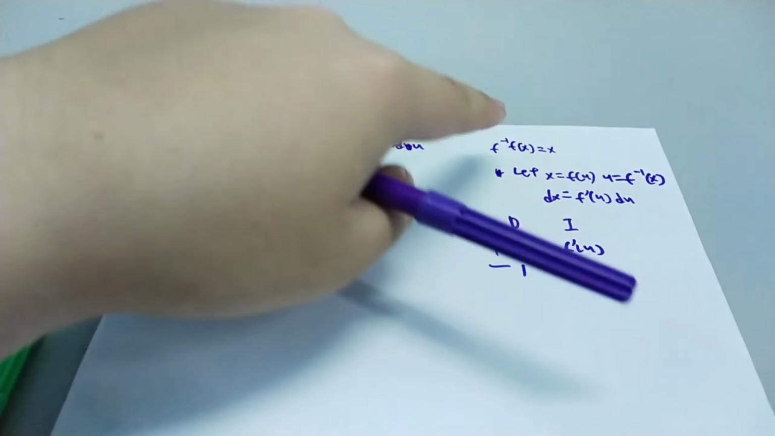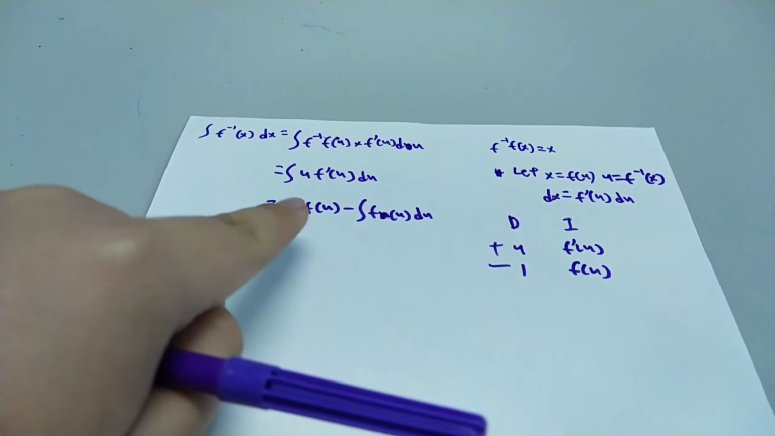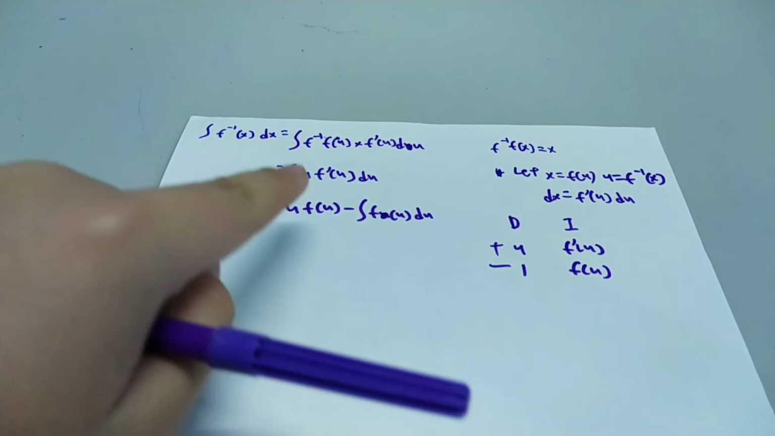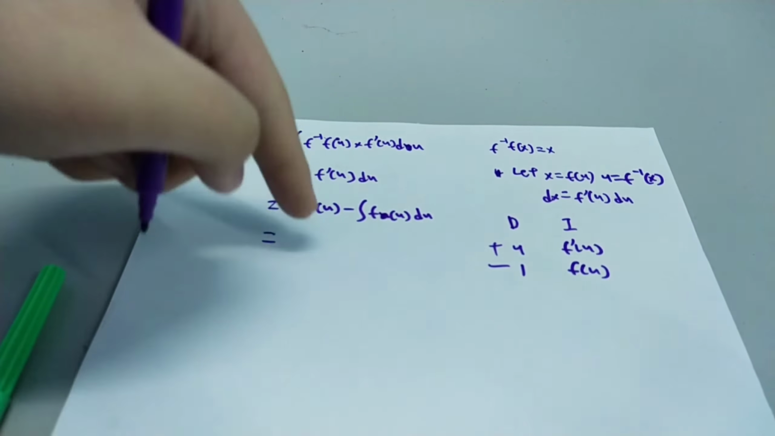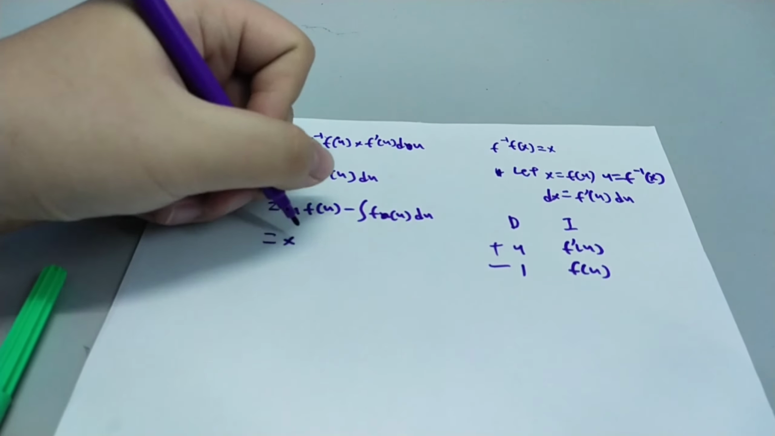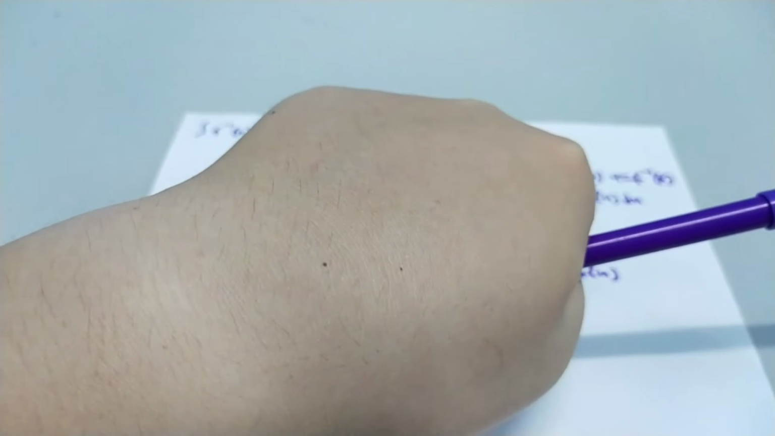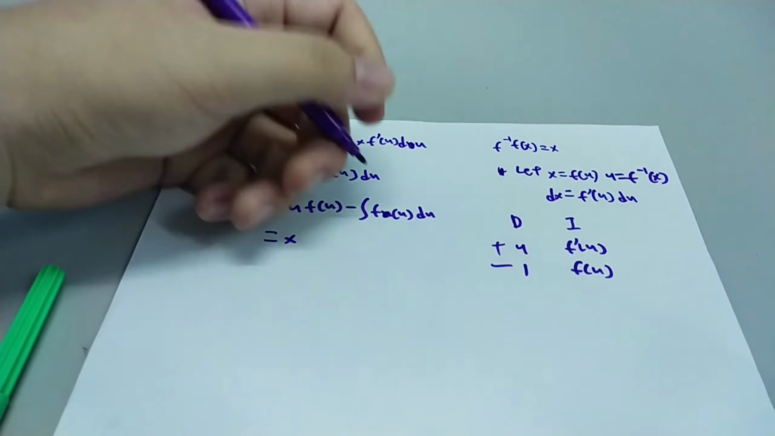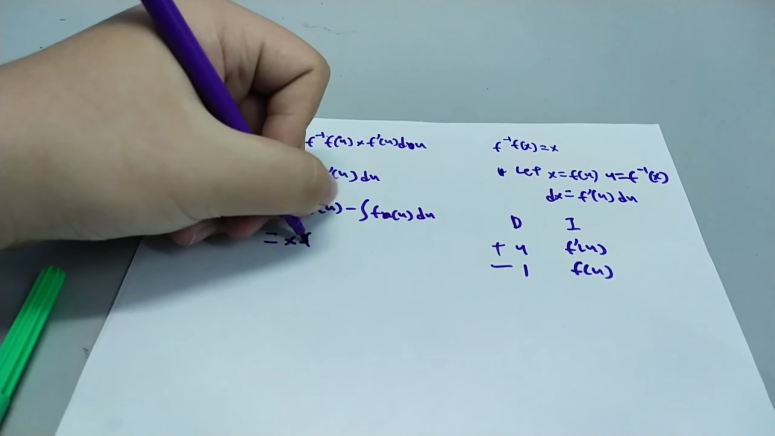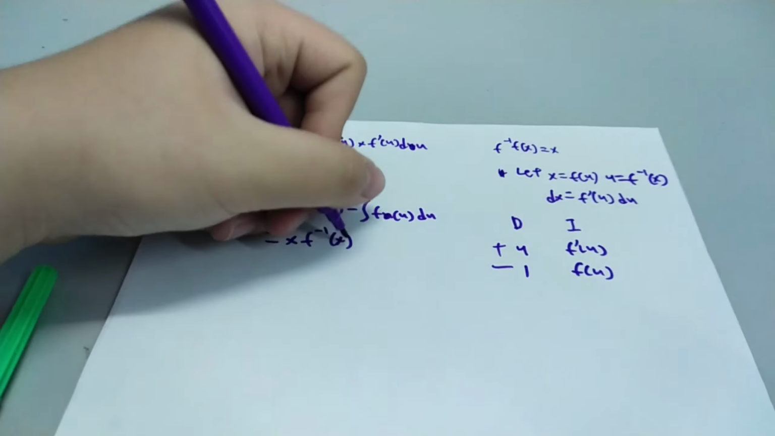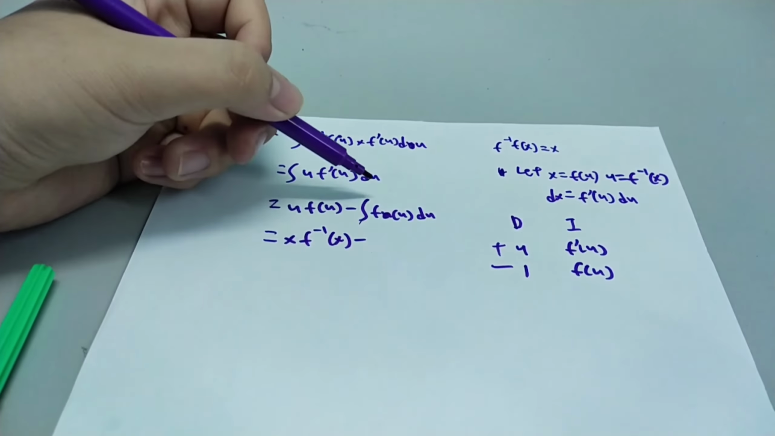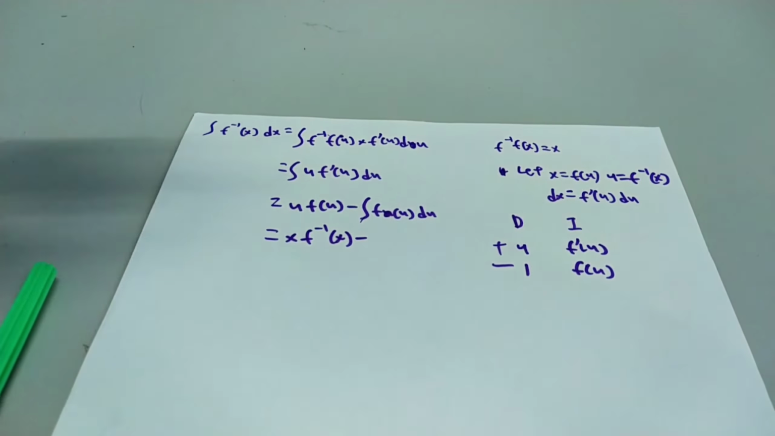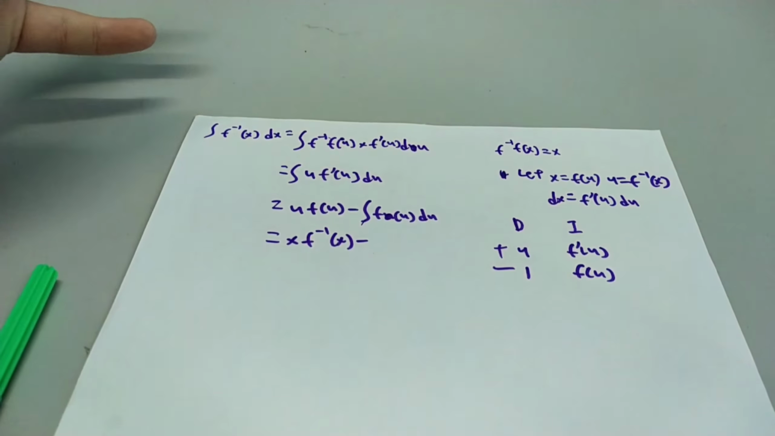So we will undo the substitution for u and f of u. So this thing is equal to x, because we got x is equal to f of u right here, times f inverse of x minus the integral of this. Now unfortunately we don't have any